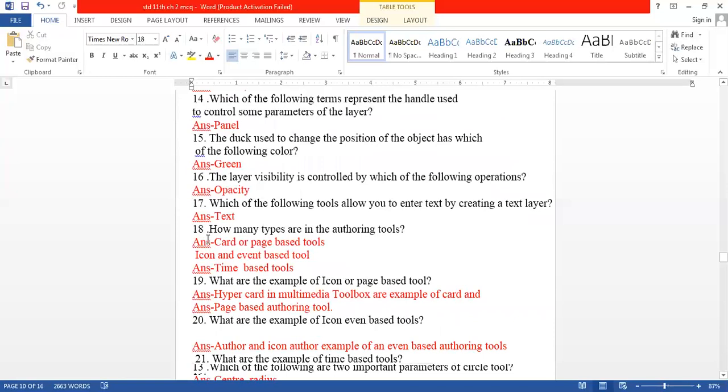Number 18, how many types of authoring tools are there? Already I have told you there are three types of authoring tools. One is the card or page based tool. Second is the icon and event based tool, and the third is the time based tool. Examples of HyperCard or MultiMedia ToolBook are examples of card or page based tools.